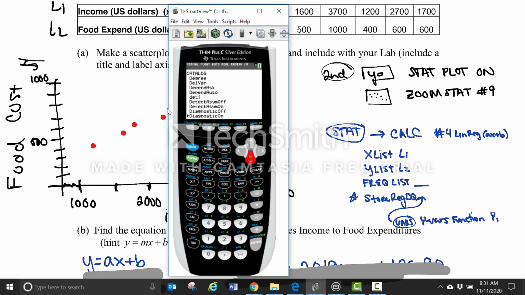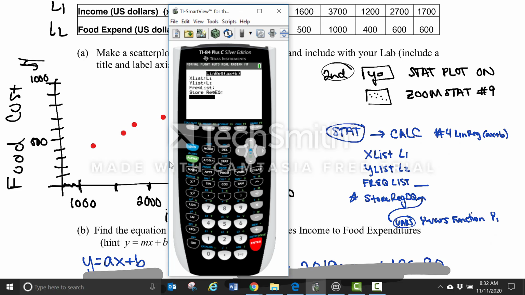I went second 0, hit the D button, and scrolled all the way down to where it says diagnostics on. You can also do it in mode, but not every operating system has it available in mode. So if you go to mode, it's your stats diagnostics. Now when you're in diagnostics on, hit enter, and then hit enter again until it says done. Now if it does that, if you were to run it again, stat, calculate, number 4,